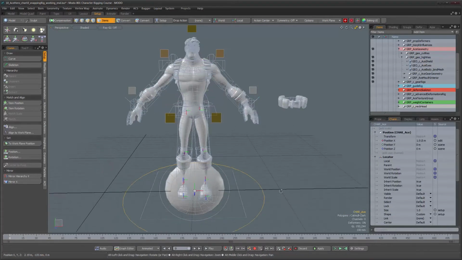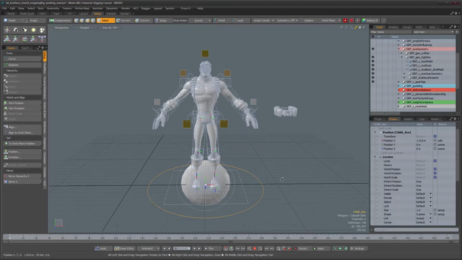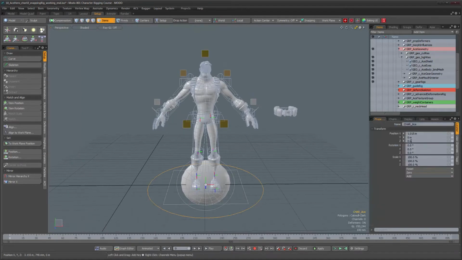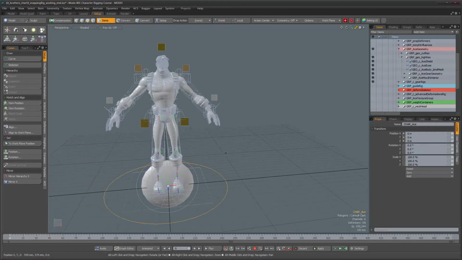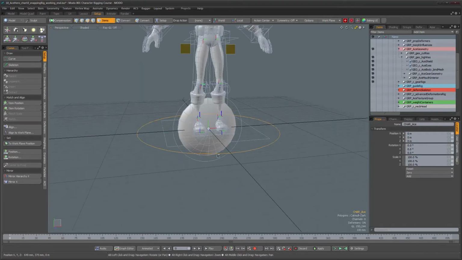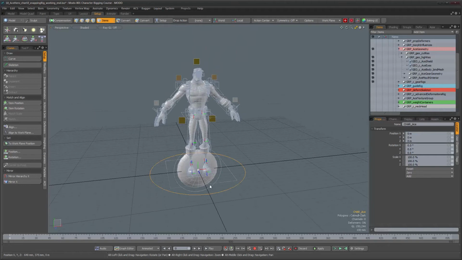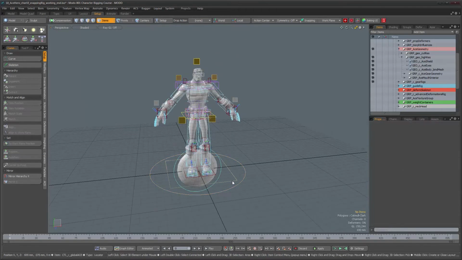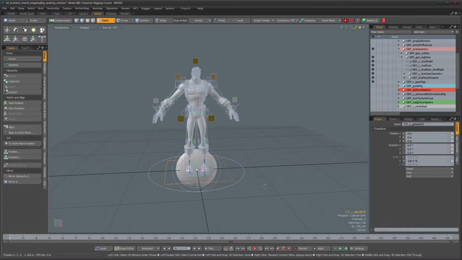So that's it. We're done. As you can see, it's not a complex problem to solve. I just want you to be aware of this, because you're going to be encountering it quite often as you rig. Now let's take a look at another thing we have to solve with our character, which is related to